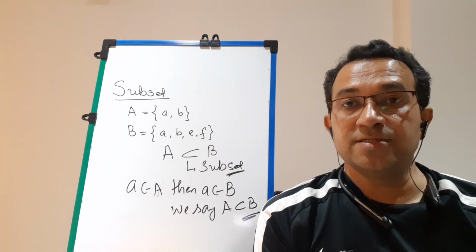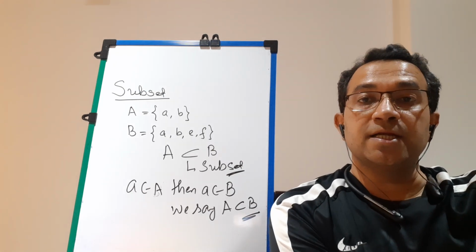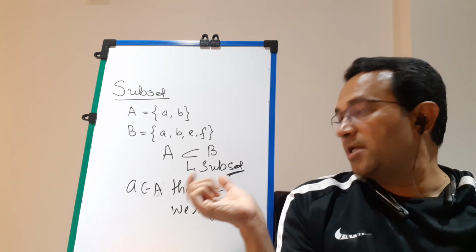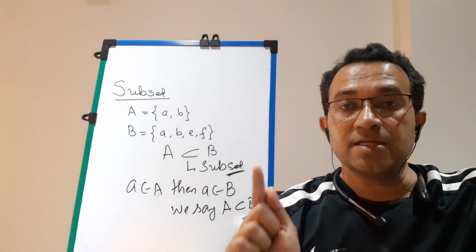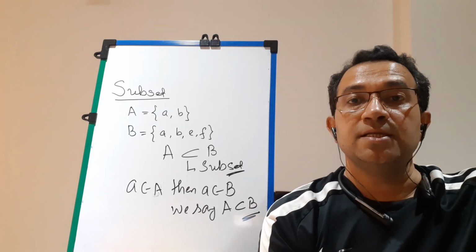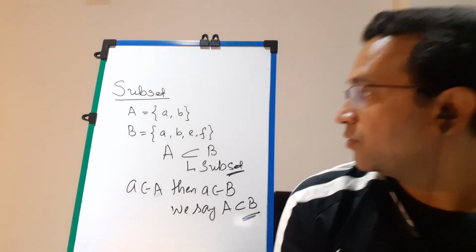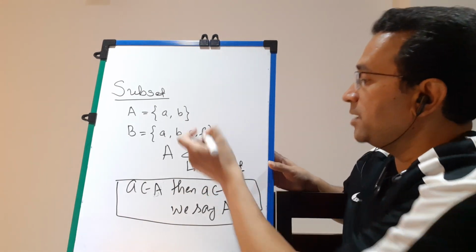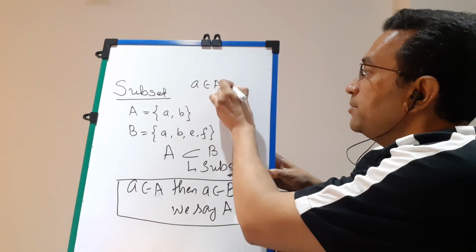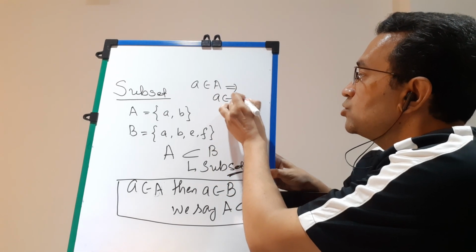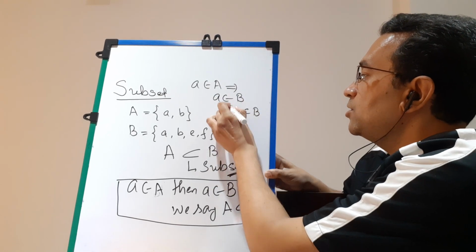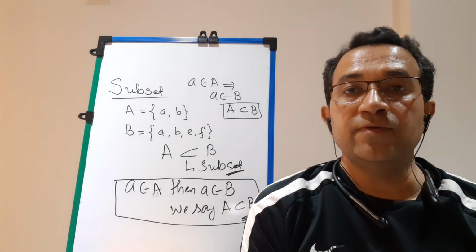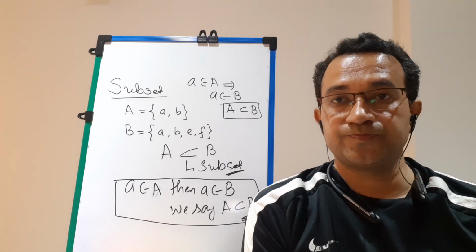Now students, this is basically a question of mathematical reasoning, logic. For the time being, you have to only remember the mathematical form, that if a belongs to A implies a belongs to B, then A is a subset of B. What you have to remember, this definition in words, this is based on logic I am writing here. If a belongs to capital A implies a belongs to capital B, then A is a subset of B. In chapter number 14 in mathematical reasoning, students, again I will explain this to you in detail.